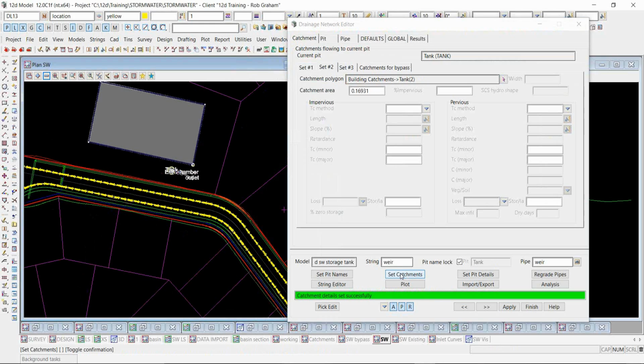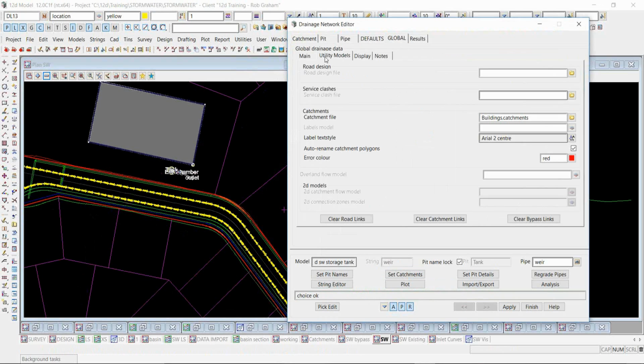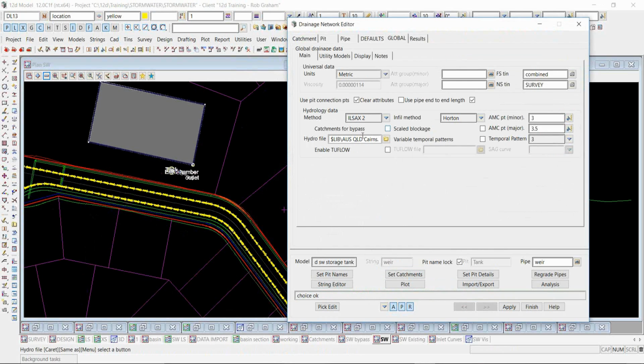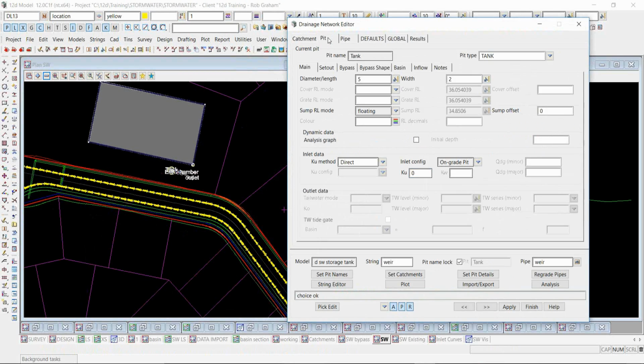But once you've done a few tanks in an area and you start to get an idea of the sizes, you might find that if you happen to be, and I'm going to slip over here to my global tab, if you happen to be in Cairns, up in the northern part of Australia where they get very, very heavy rainfalls, you might find that you need a storage tank that's approximately 3 to 4% of your area. So with that in mind, if I was to come back to my pit tab right now,